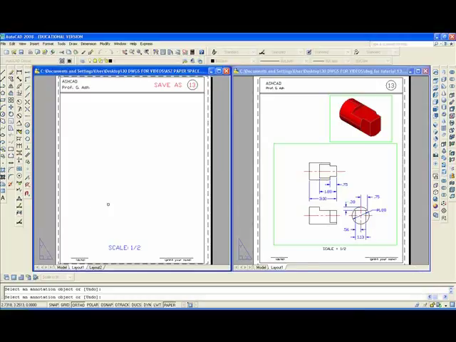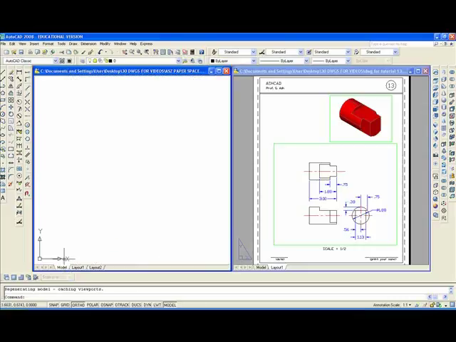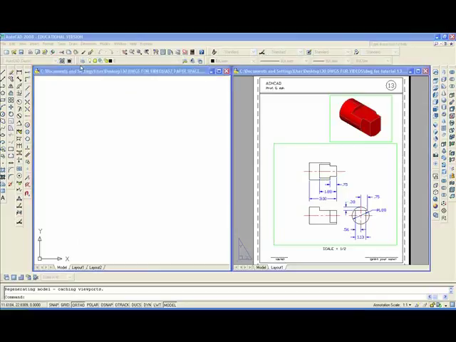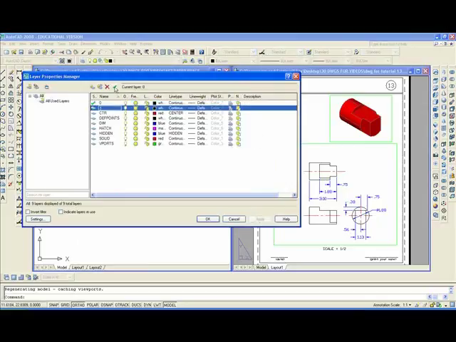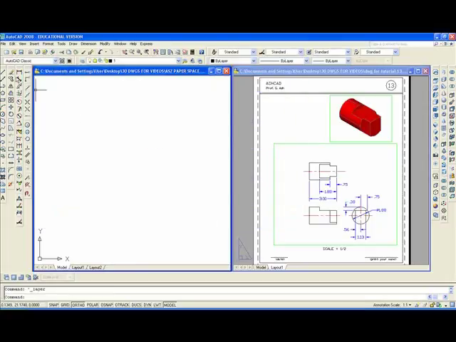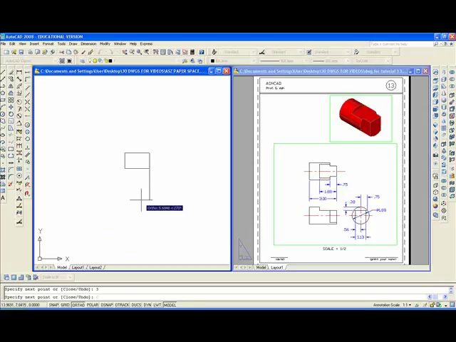To start exercise 13, I'll go into model space, change layer, make one current, then I'll draw a line. Anywhere on the screen I'll start it, go to the left, 3 enter, up 1.88 enter, right 3 enter, C to close,